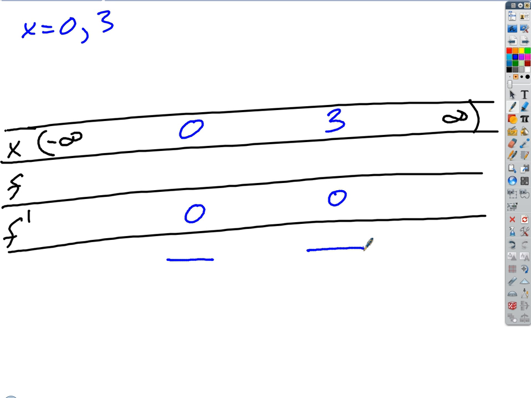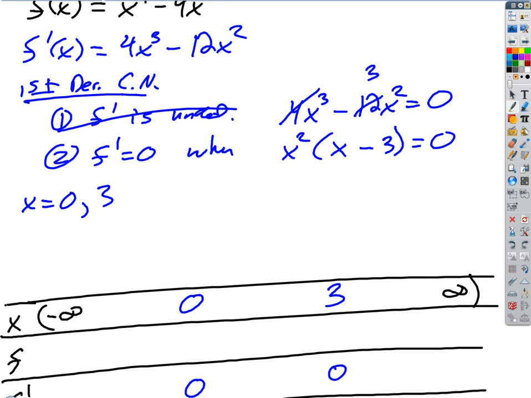Okay, so we got to pick some test points, don't we, right? Remember, the advantage of the first derivative test is we don't actually have to even know what the value of the first derivative is, just the sign, right? And we've already got the first derivative conveniently written. If we put this in factored form up here,